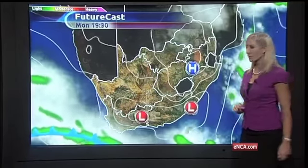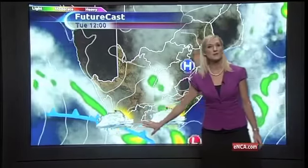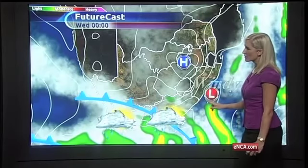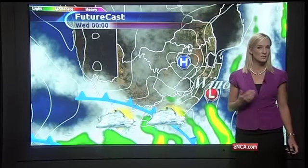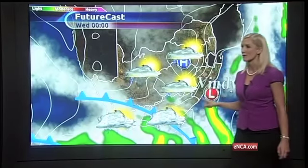On Tuesday, a cold front cools things off and also brings in showers mainly for the Western Cape, but we'll see that chance of rain spread through to the Eastern Cape in the second part of the day. A strong southwesterly wind results in windy conditions along the KwaZulu-Natal coast, with isolated thundershowers over the central and northeastern